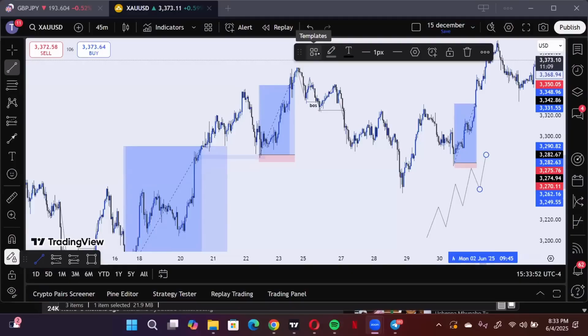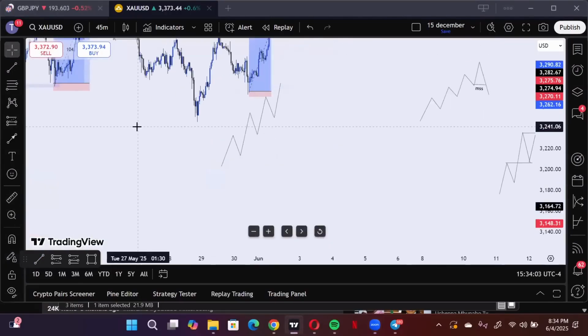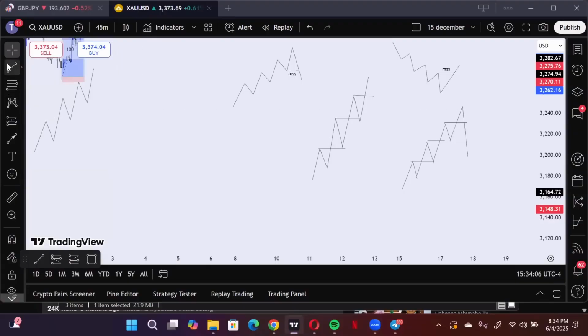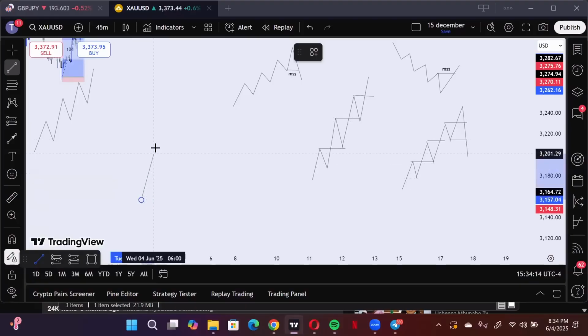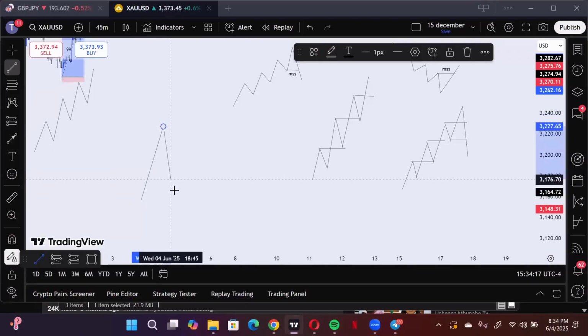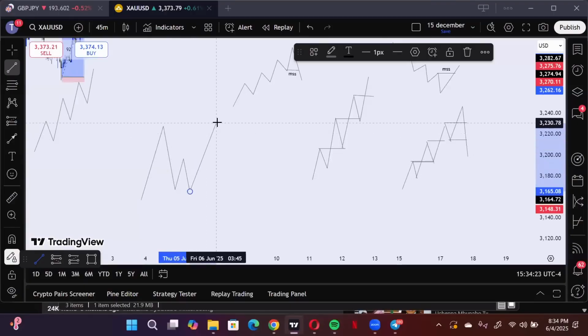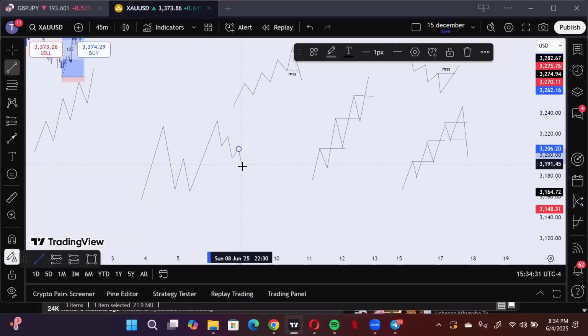A double break of structure is where market takes out two consecutive zones. What I mean by two consecutive zones is there can be a previously existing resistance or a previously existing support. Let's say, for example, you know, there are always lows and highs in the market. So let's say you had markets on a previous down. Let's say it has something like this happen. The market did something like this, came up again, did something like this, then came up here, and then started being on a downtrend. So you see lower highs, you see lower lows. You see lower highs, you see lower lows. You see lower highs, you see